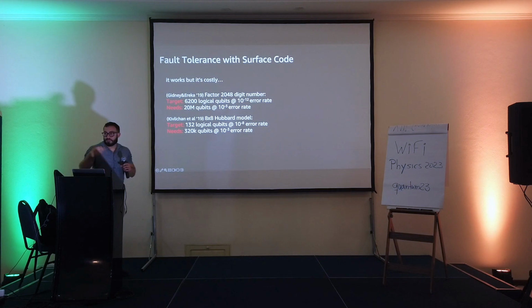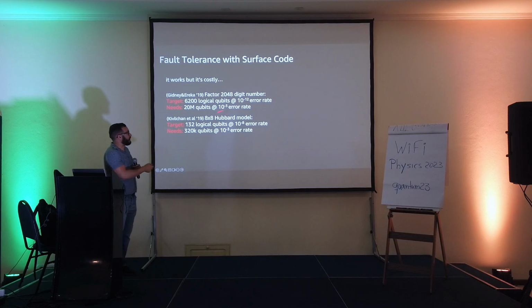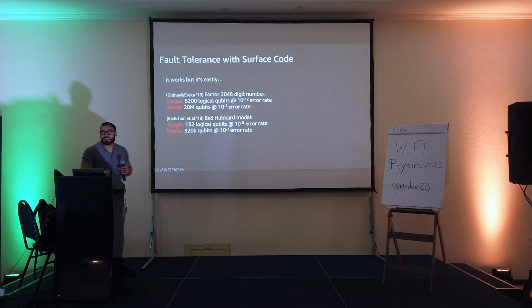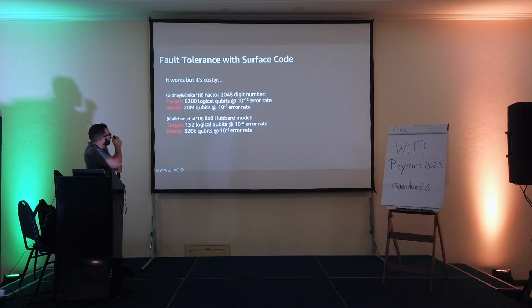If you translate into everything that I said, you need 20 million qubits if your physical error rate is 10 to the minus 3. If it's 10 to the minus 4, I think it's like a million qubits, right? I forget, but it's something like that. So lots, right? A lot of things. And the overhead, indeed, is much larger than this 500, right? If you just divide 20 million by